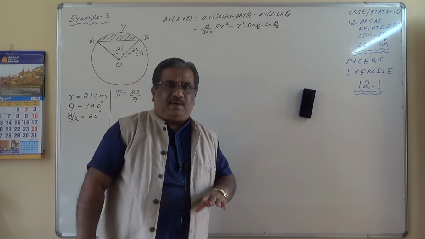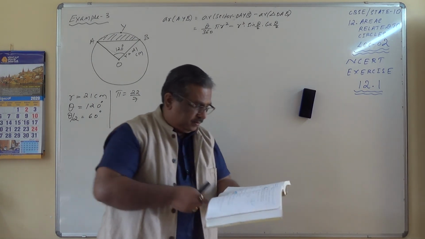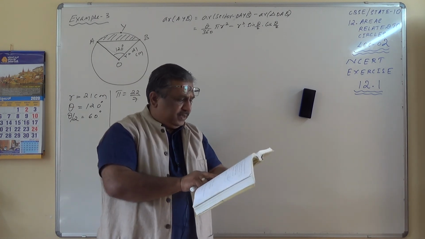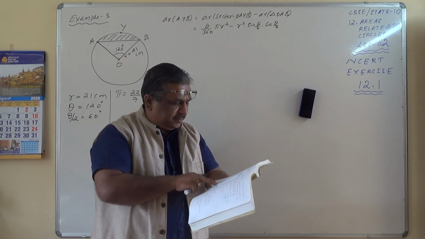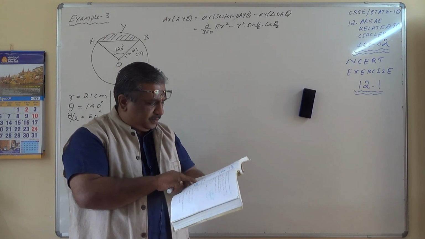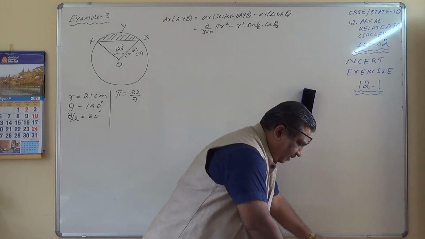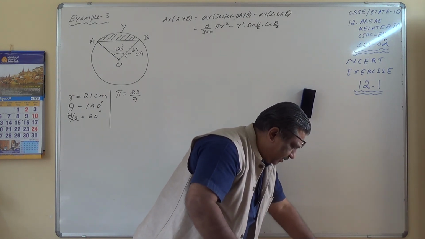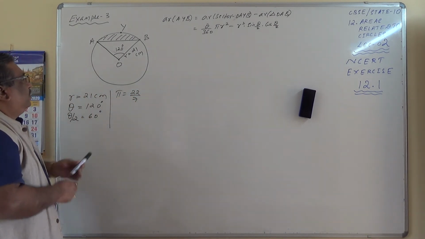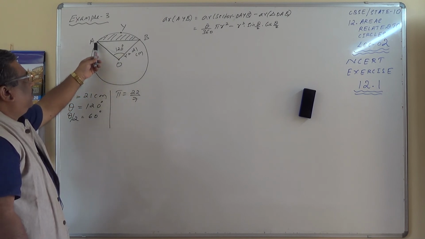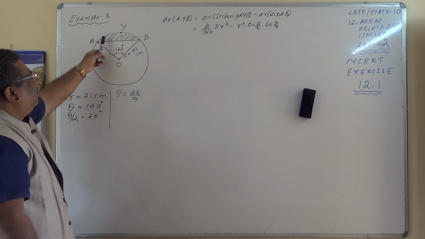Now we'll solve example number 3, and the problem goes like this. Find the area of the segment AYB shown in the figure 12.9. If the radius of the circle is 21 centimeter and angle AOB is 120 degrees, find the area of the segment. So we have been given the radius here and also the angle. The diagram is drawn here. You can see the radius is 21 centimeter, angle AOB is 120 degrees, and we need to find out the area of the minor segment